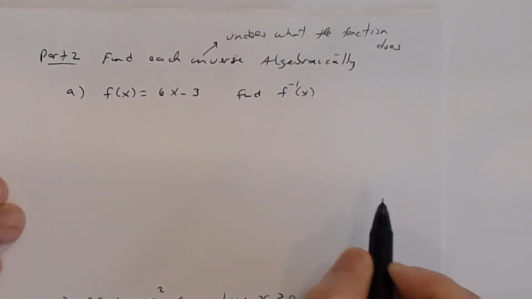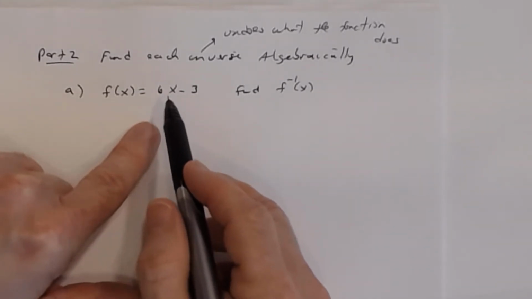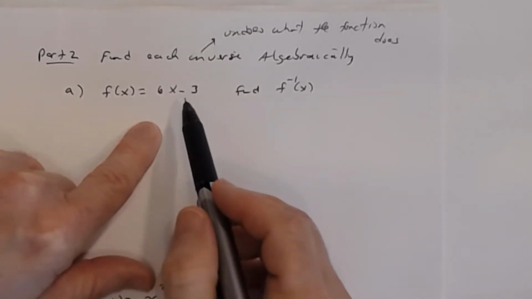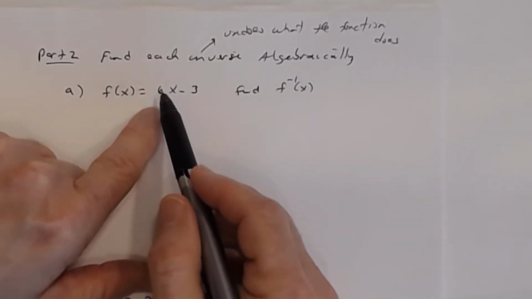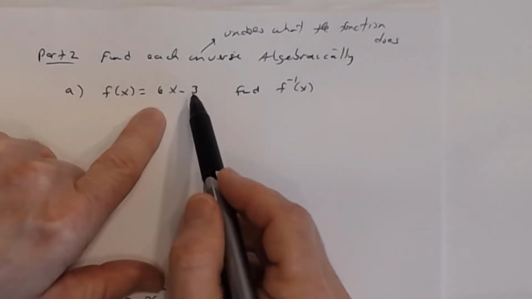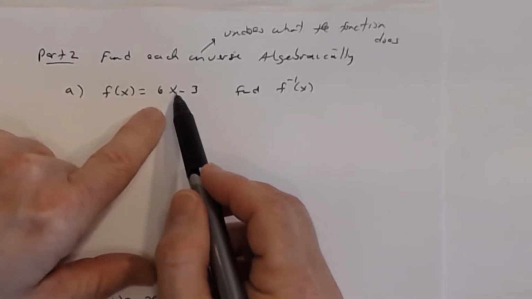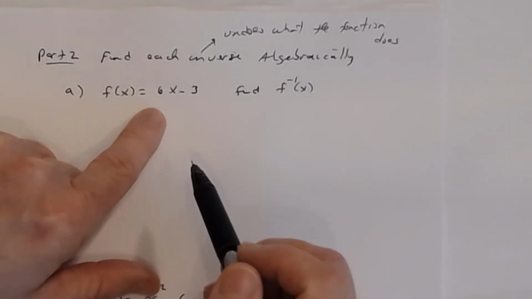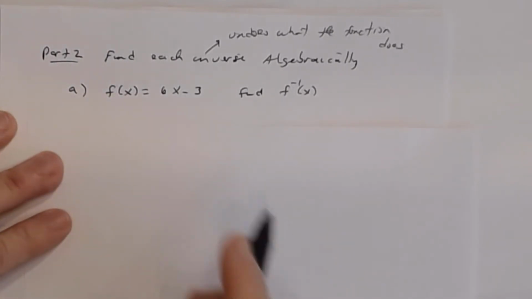All right. So meaning this. So watch what I'm, or listen to what I'm saying, and then as we go through the process, you'll see it. So notice that this function takes x, multiplies it by 6, and subtracts 3. It kind of makes sense because if you would do a t-table,